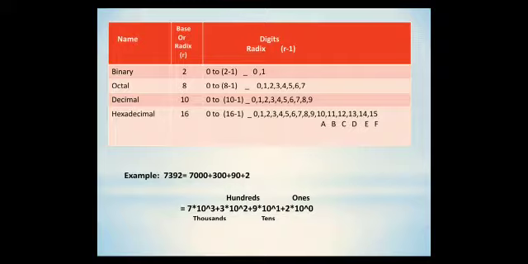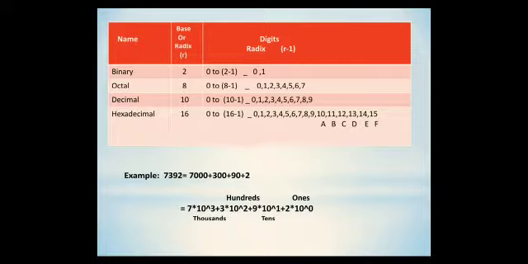Here we observe this is the simple way to understand how we can calculate digits by using the number systems and corresponding bases. We already know that base is also nothing but radix and is simply noted as small r, and the formula is r minus 1. By using this formula we can calculate digits.